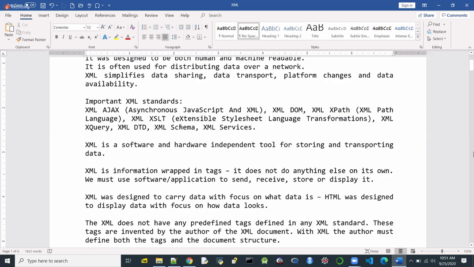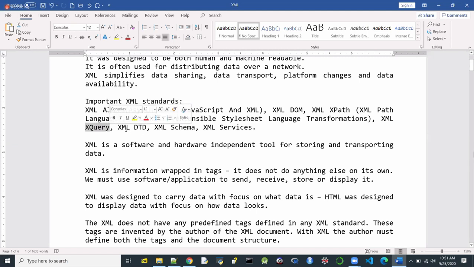And there are many standards of XML. There is something like Asynchronous JavaScript and XML. Just like we have HTML DOM, we also have XML DOM, and then we have XML Path Language, then Extensible Stylesheet Language Transformations. We will see one example of XSLT later on, so that we will see how to display an XML file similar to an HTML file. Then for database access, we have a query language, which is basically called XQuery.